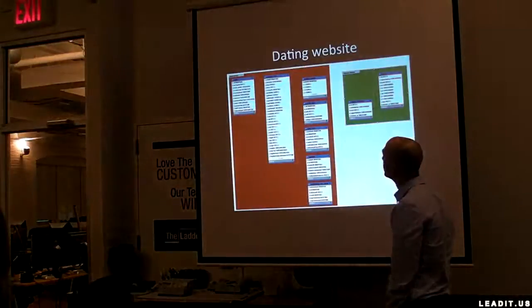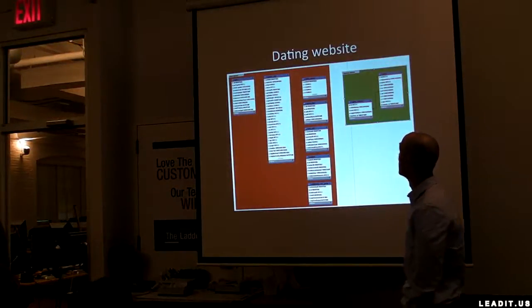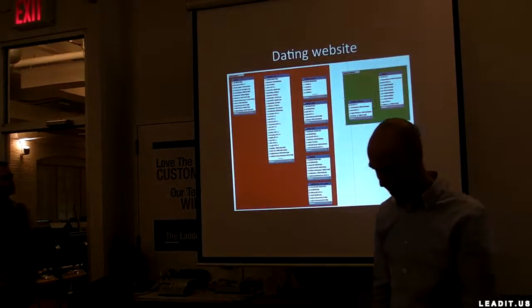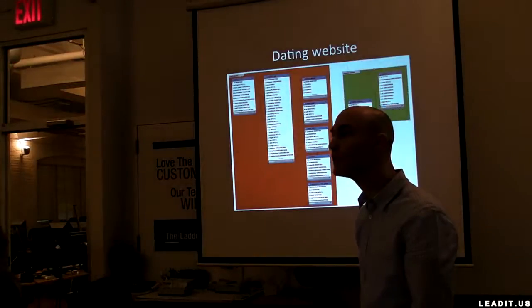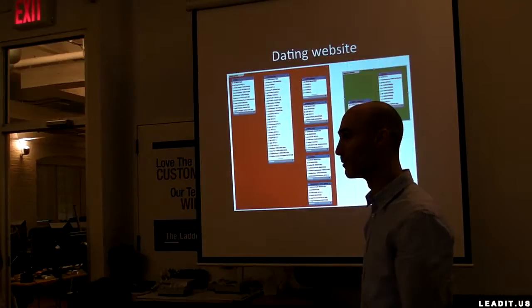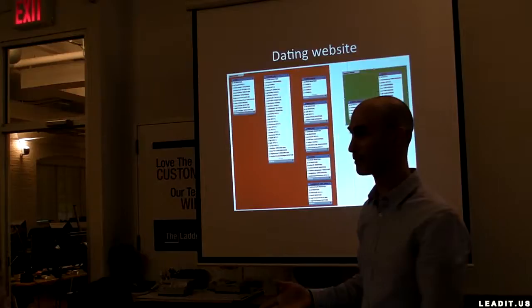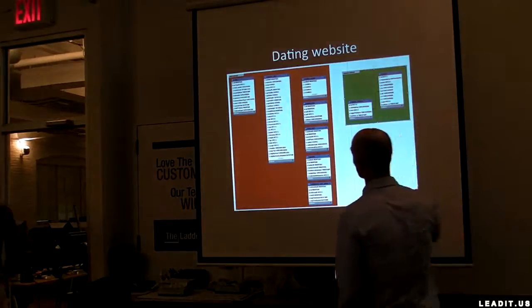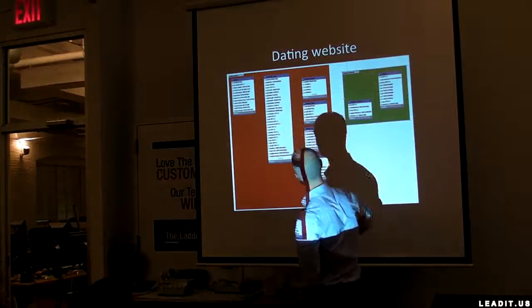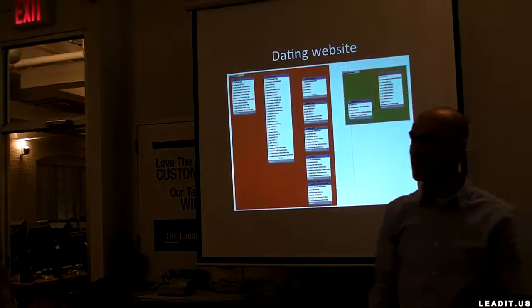So a few more examples, I'll actually just give two. This is a dating website. If you really think about what they do, it's their users. They really care about the people that want to date, and they really want to know as much information about those people, because that allows you to find the other people in the best possible way. So they have a very rich object, which here says user, and then a bunch of information related to that user. There are actually many, many tables related to that user.